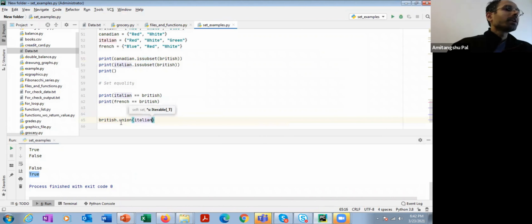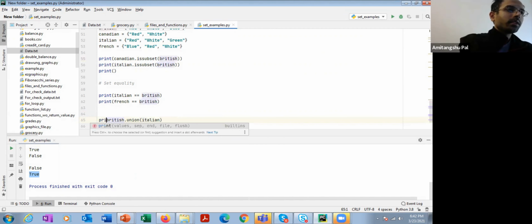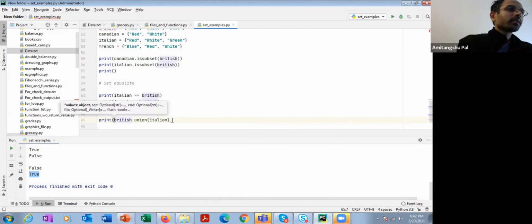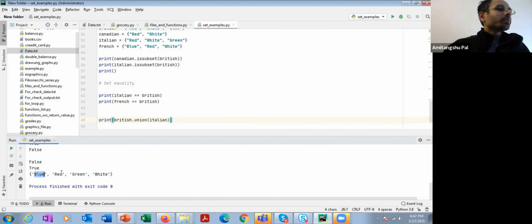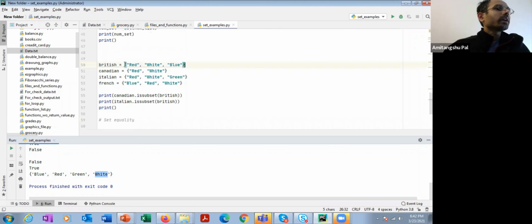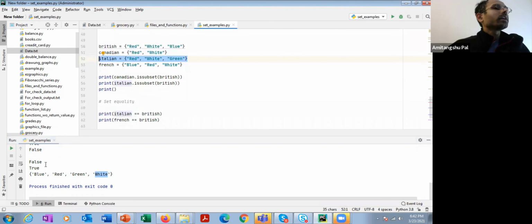So British dot union Italian, and let's print it. Here you will see blue, red, green, and white. So if I take the union of British and Italian, you will get 4 colors. It consists of the colors that are in the British flag as well as in the Italian flag, and both.